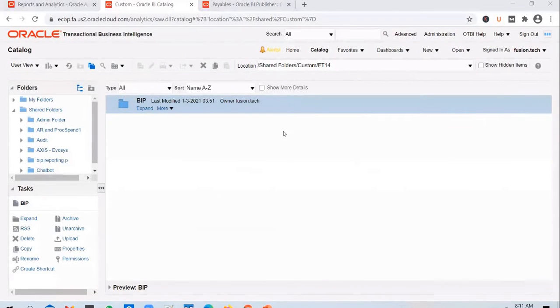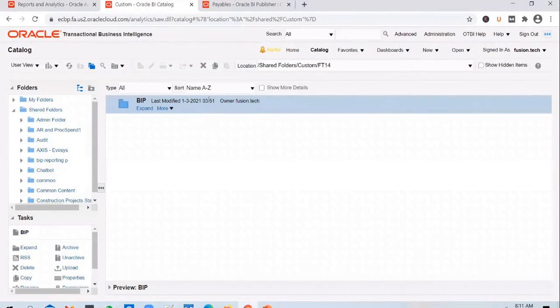Okay, same report, if you want to integrate with .NET or some other application, you cannot club applications together. It doesn't work. So this is a report that you have built in ERP Cloud, and it works only in ERP Cloud, and it works the way that we have seen in the past few days. If you want to migrate this report from one cloud to another cloud, you do it with the help of catalog files. .NET is a programming language. If you want to build a report there, you will have to build it using .NET. You cannot even migrate a report from ERP Cloud to .NET.